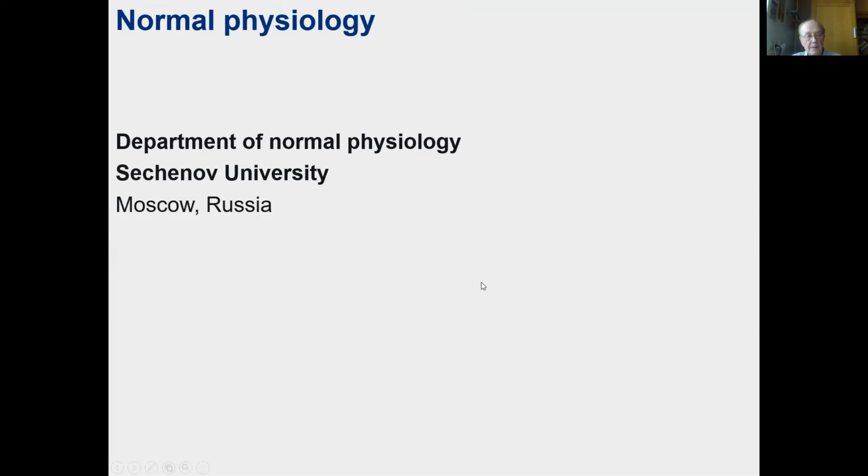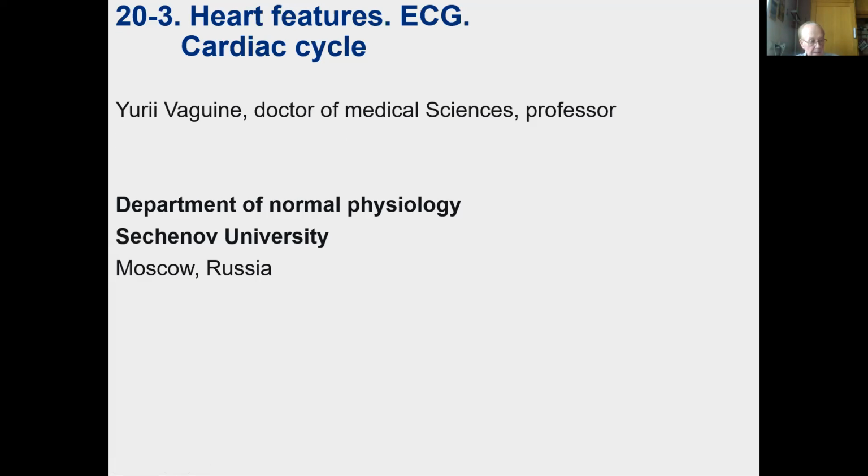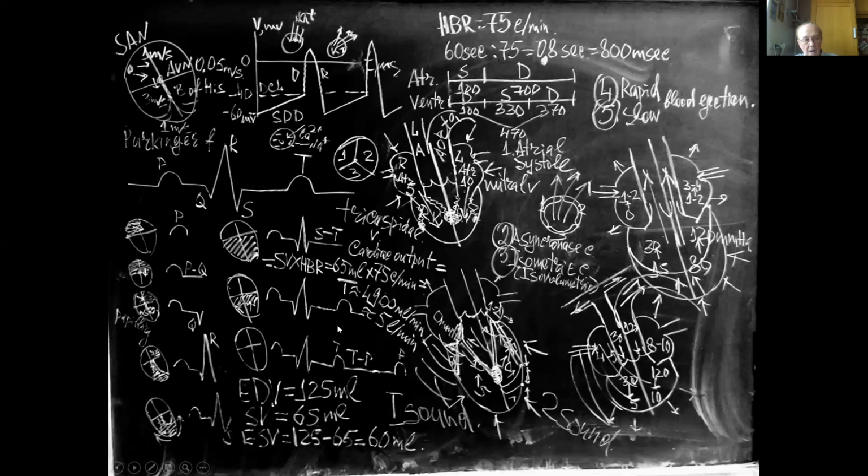We start. This is the department of normal physiology, and this material is devoted to the physiology of the heart, the electrocardiogram, and the phases of the cardiac cycle. I was able to present to you all this material in this very complicated picture. First of all, this is the structure of the heart,